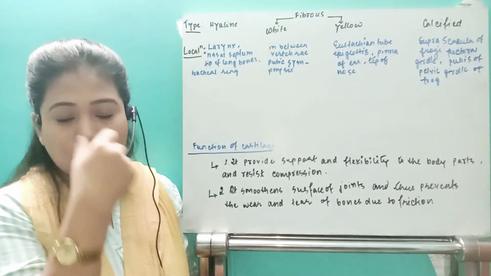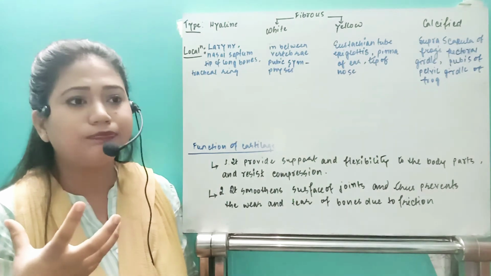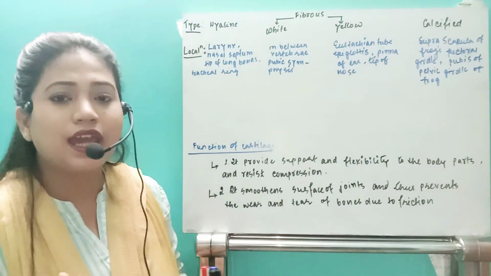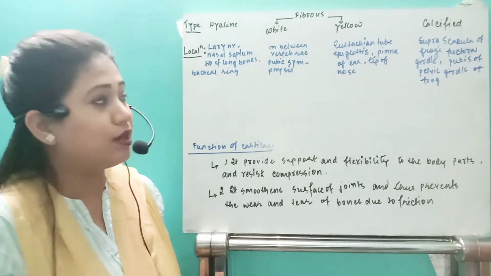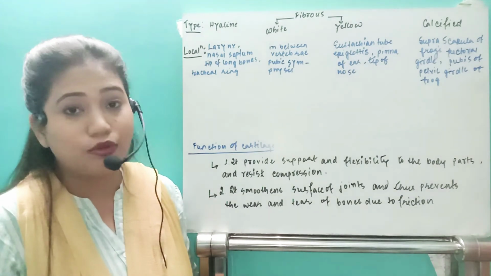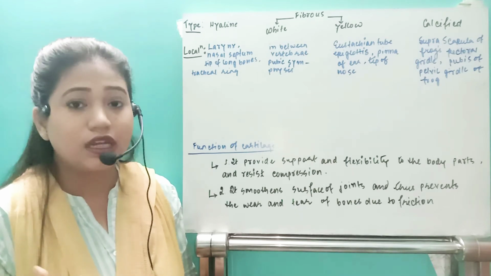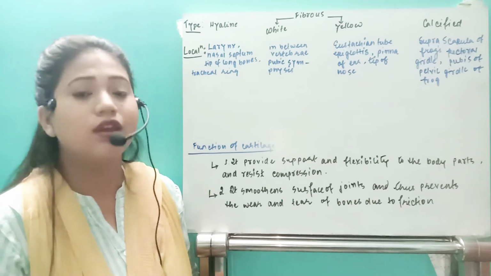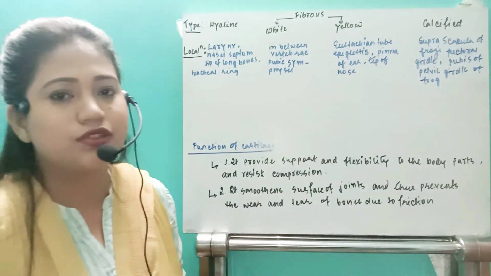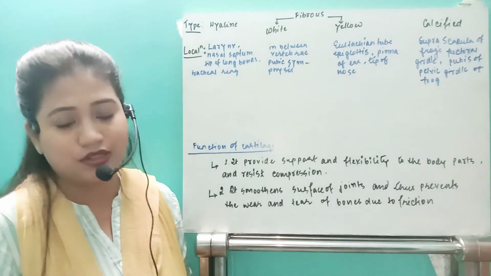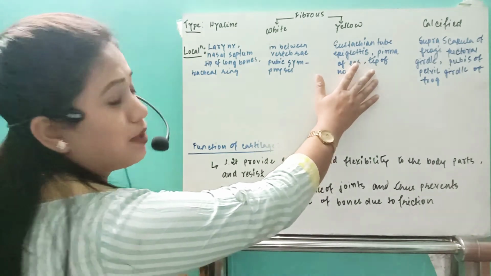That's why if you close your nose and try to swallow, the two ears will seem like they get blocked. Why is this happening? Because the eustachian tube actually gets blocked. This eustachian tube maintains the internal ear pressure with the atmospheric pressure. How is it possible? Because of the eustachian tube. All of this we will discuss in the next chapter, breathing and exchange of gases.